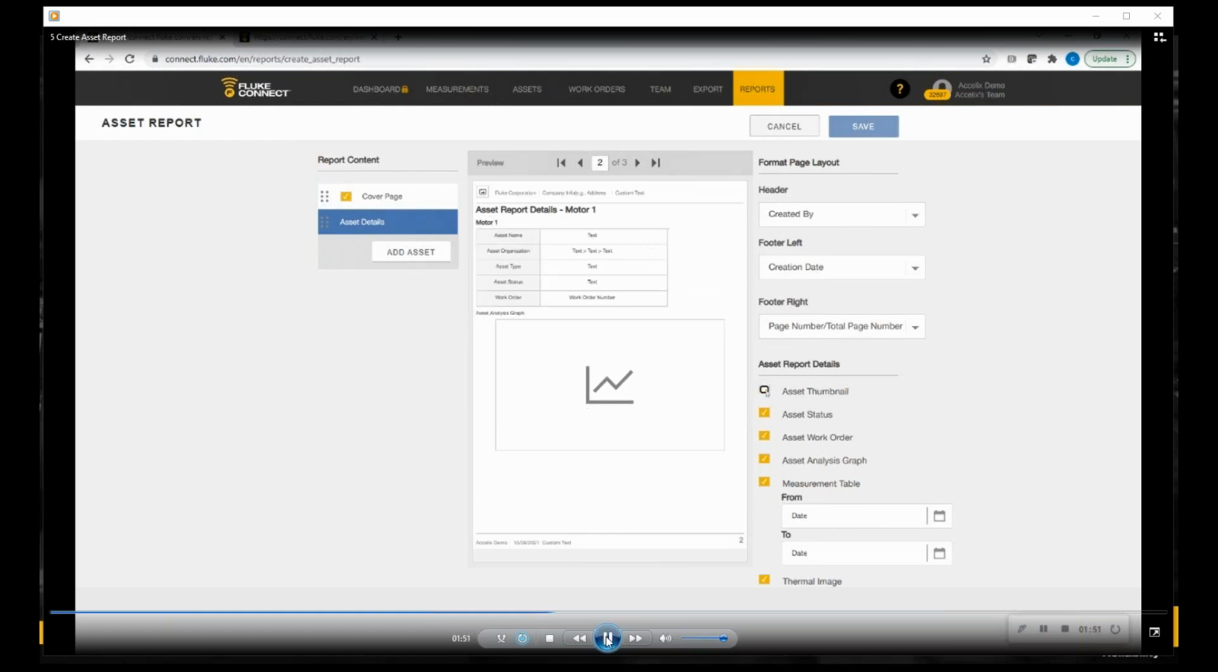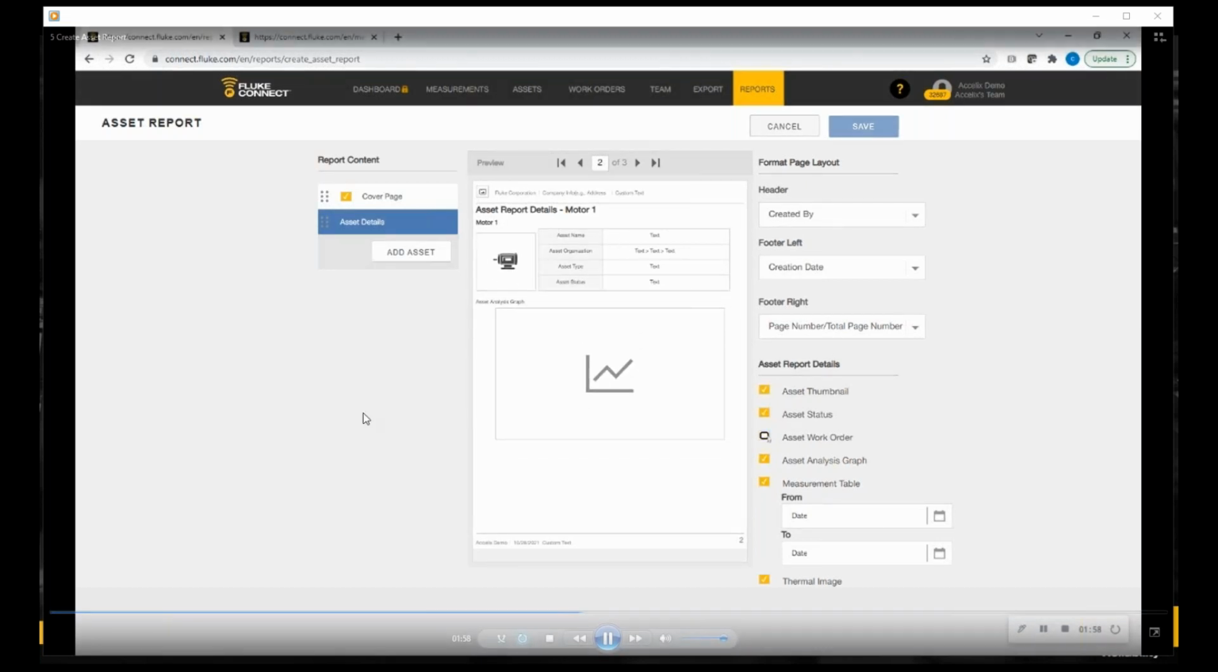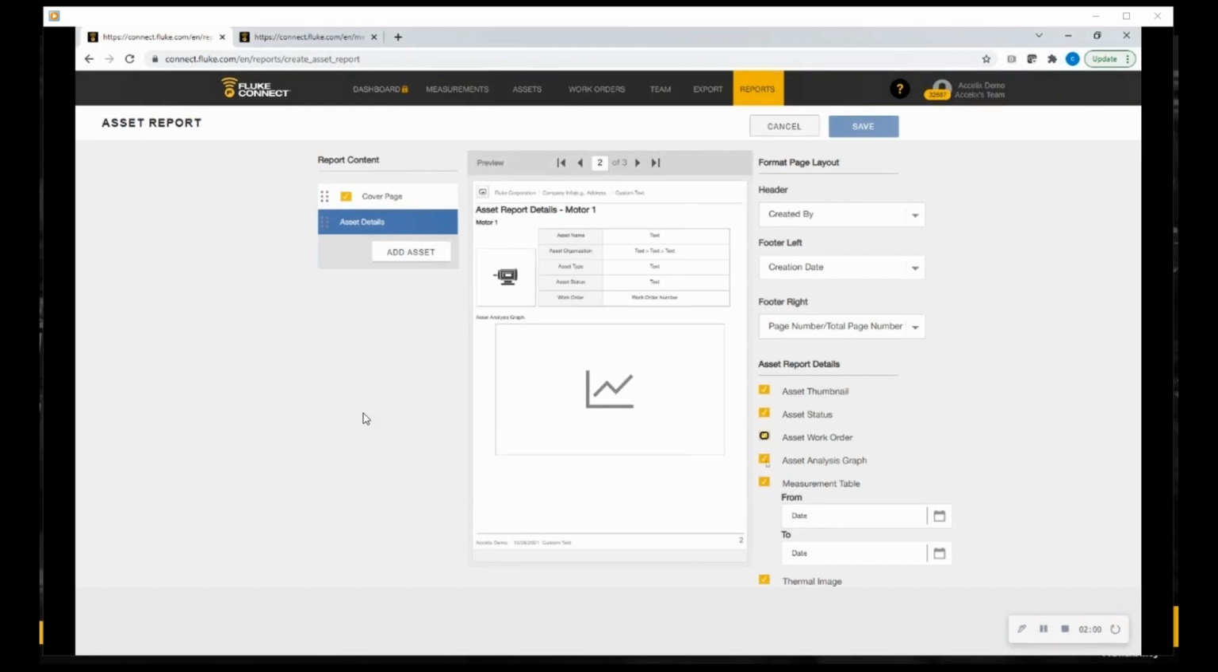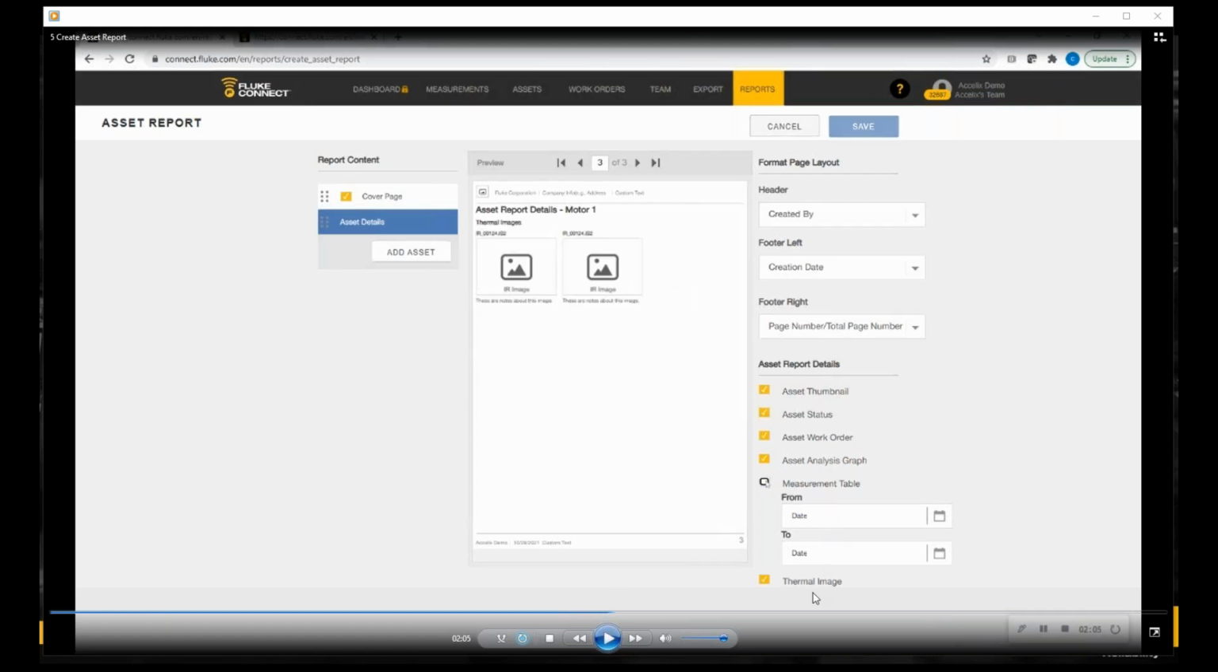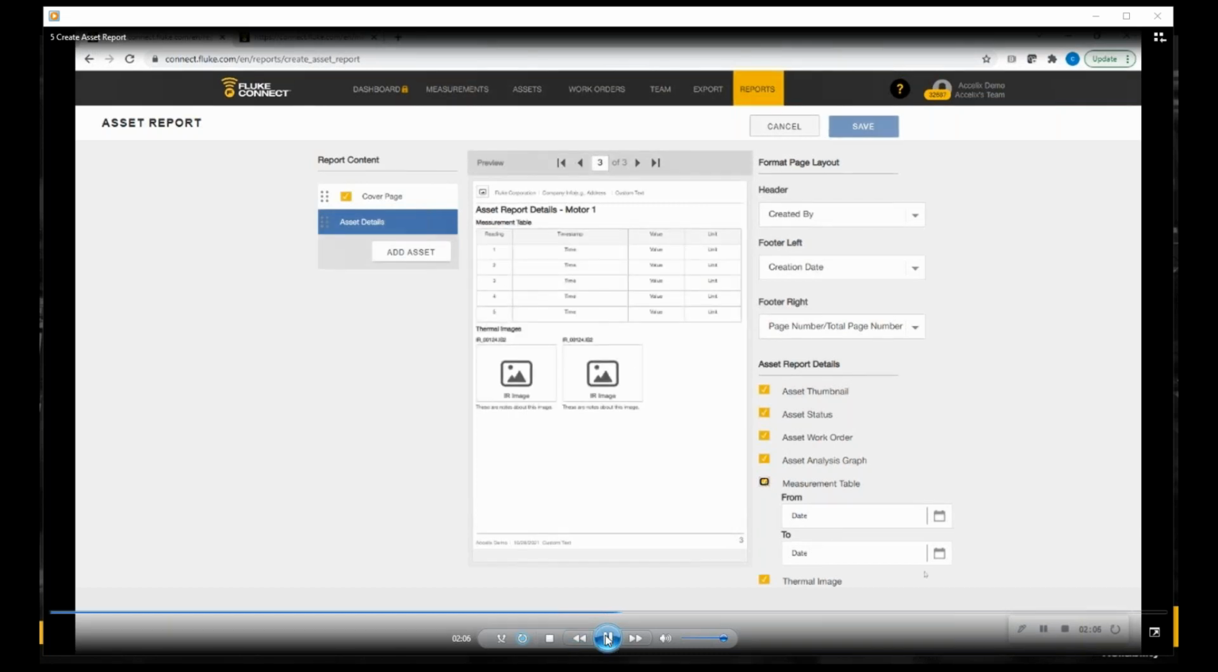Now we can go into the asset report details. So again, if we check or uncheck, it will update each screen to include or not include that specific section. So the measurement table and the thermal image, that information is on the second page of the asset details. And we can enter in a specific range,